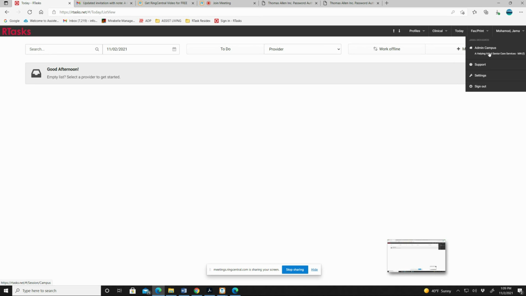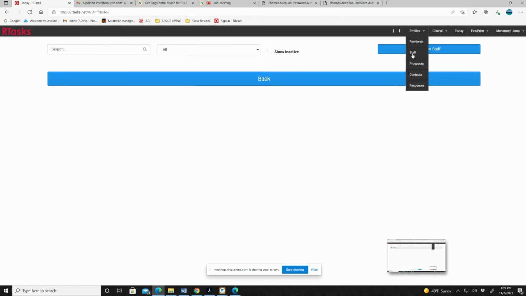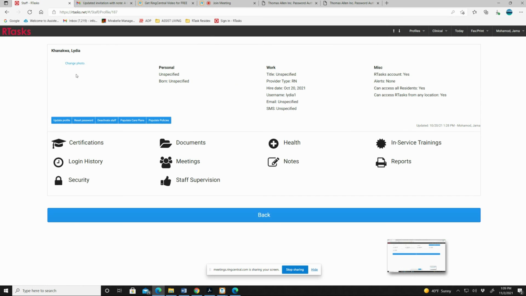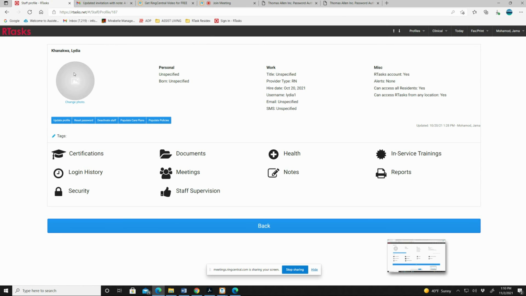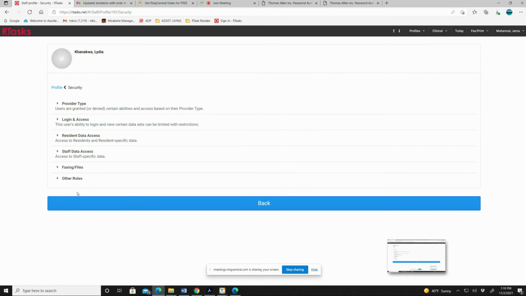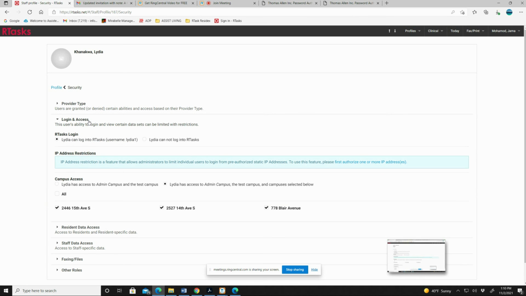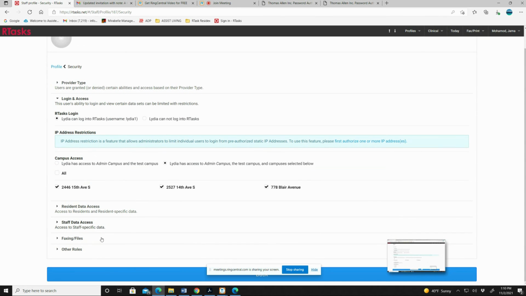Yes, so then if you go to profiles and choose staff, and go to Lydia's staff profile, and on the bottom left where it says security. Yes. All right, so we'll just start at the top here. I know login and access, I believe she has access. Do you see where it says provider type, and then underneath that it says login and access? Yes. Okay, so she does have access, and she has access to all 3 campuses. Now if you click resident data access,